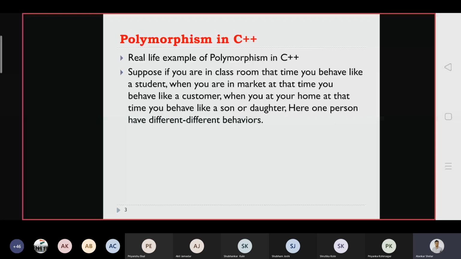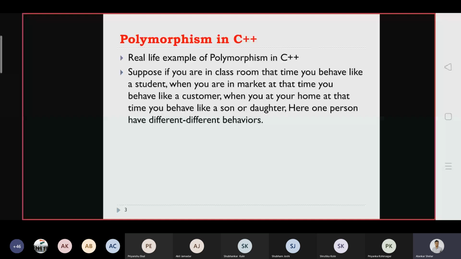Suppose we are in a classroom, at that time we behave like a student, right? And if you go to a market, then you behave like a customer. And when you are at home, at that time you behave like a son or daughter, right? So here you are one entity, one person, but you have different behaviors. It depends on the situation.